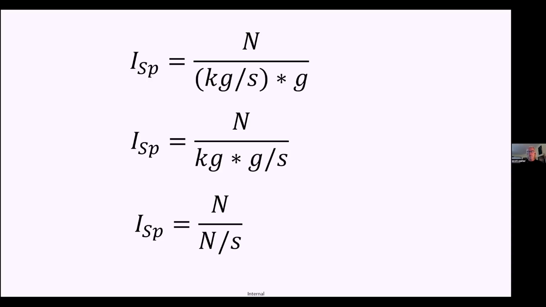Now the question is, if they didn't sneak the gravity in there, and remember, gravity, g, depends upon the planetary body you're on. So this is the gravitational acceleration on the surface of Earth, not on the moon or Mars or in LEO or in GEO or anything else. It's at the surface. So if you take that out, your ISP would actually end up being in units of meters per second velocity. Which is basically another way that you look at the rocket equation.